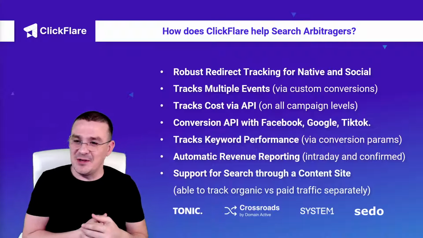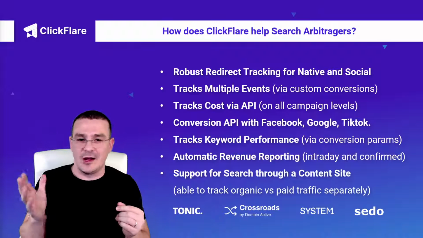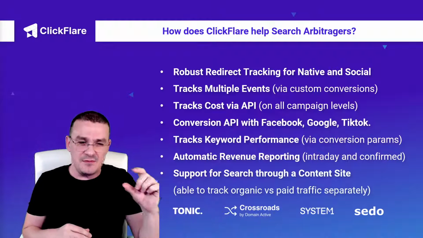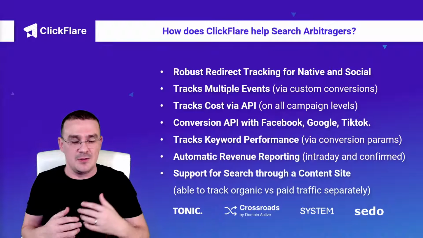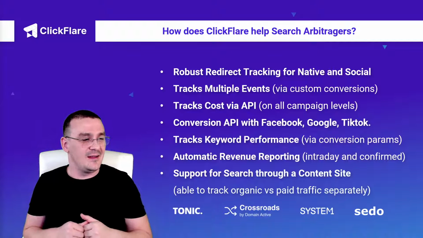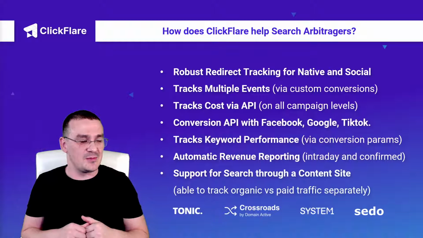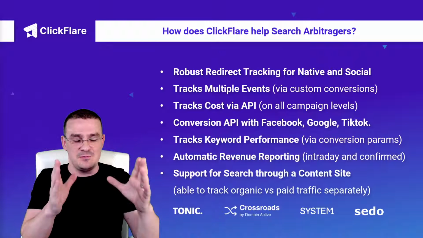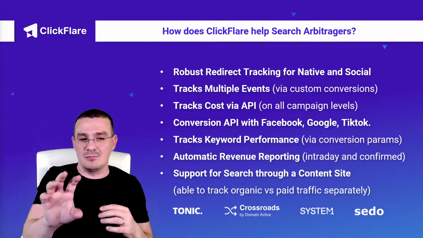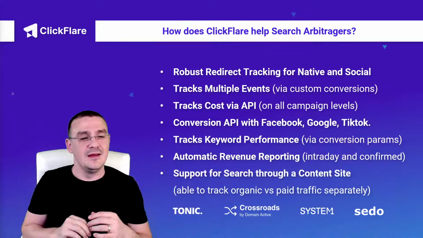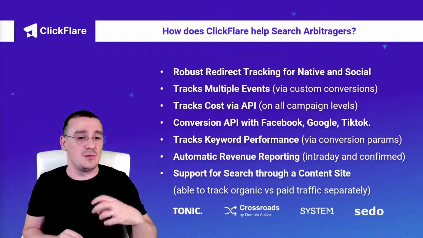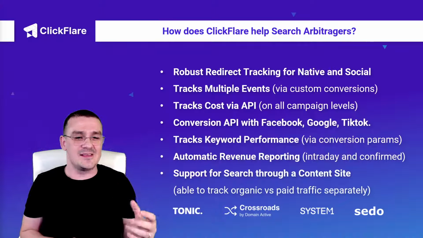And the interesting thing about it is that you can even track organic traffic separately and paid traffic or a specific campaign separately. Because of the way that the Clicklifter pixel works, it allows you to do something like, okay, I have this page, and whoever comes from organic traffic will fall to this default campaign URL or campaign ID. And if I'm doing it from a specific traffic source or from a specific campaign, I can easily say, hey,